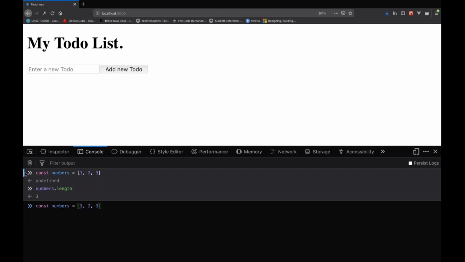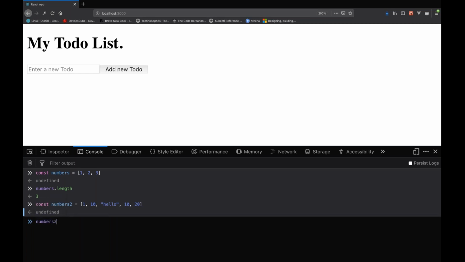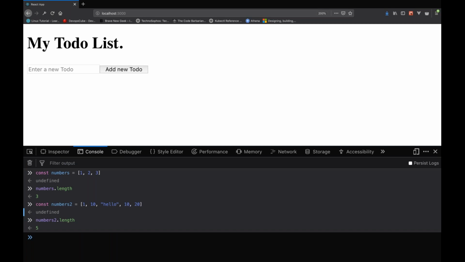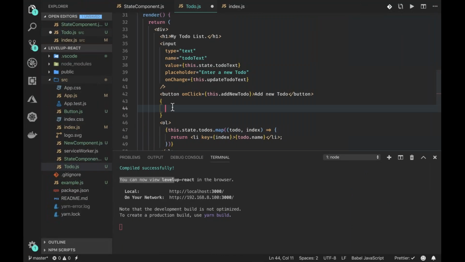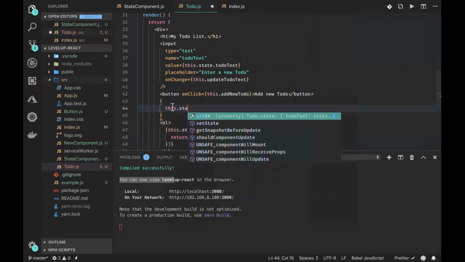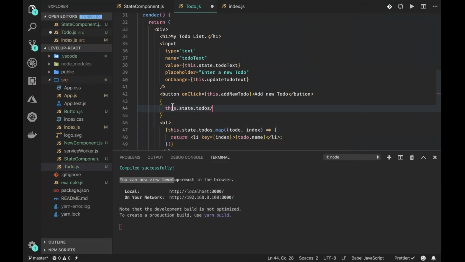If I have an array numbers2 with 1, 10, hello, 10, 20, that's 5 elements, and numbers2.length gives me 5 because I have 5 elements inside. So each array has a .length property that tells you how many items are inside. So we come here and say this.state.todos.length